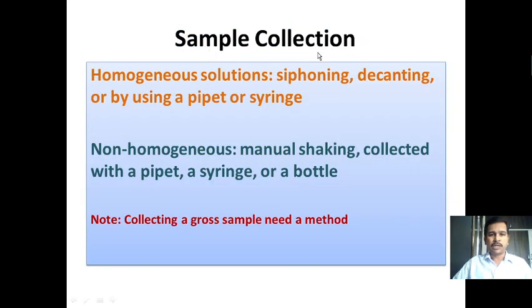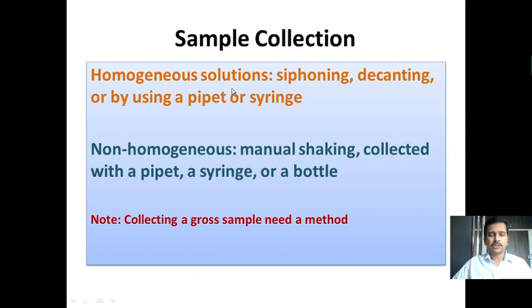So the first thing is sample collection. Once the target population is identified, the sample has to be collected from whichever target population we have identified. Say, for example, if you have to collect a water sample from a river, what are the steps you have to take? And if you want to collect a blood or urine sample from a patient, what are the steps you have to follow? Or if you want to analyze a suspension of pharmaceutical origin, how do you collect and treat the sample?